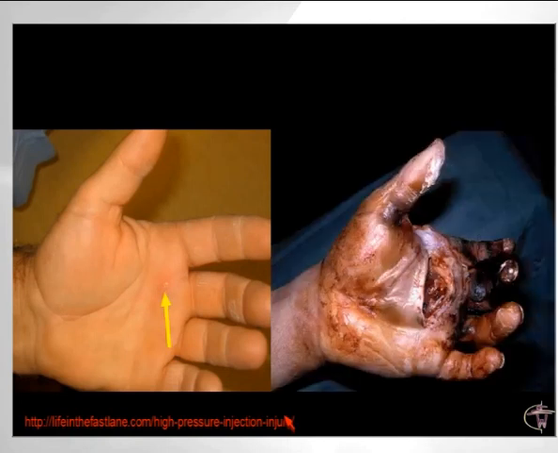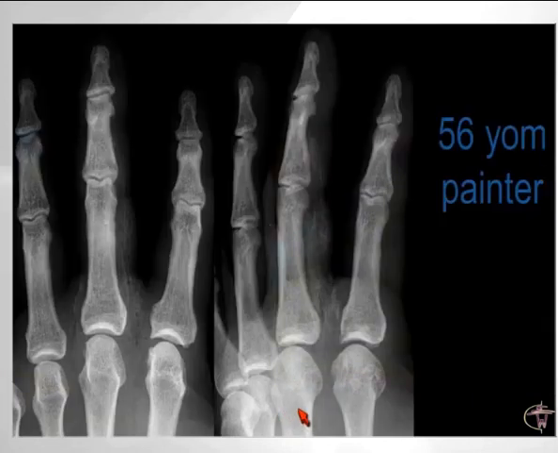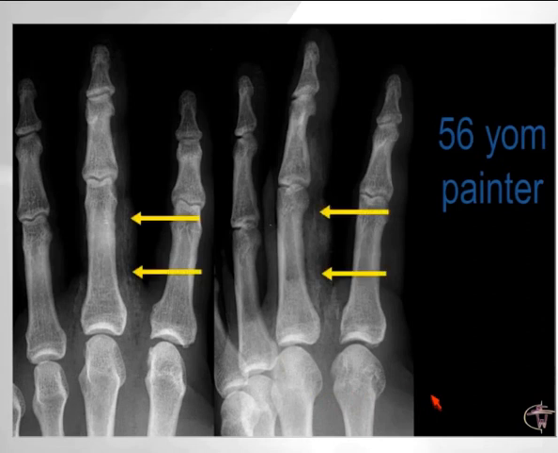So here's a clinical example. The skin defect is very innocuous, hard to see, but if nothing is done, extensive necrosis can occur. This is the radiographic correlation. So the radiographic correlation of a similar injury shows that the paint pigment in these patients may be much more extensive, extending from the second phalanx down to the palm, while the skin defect may